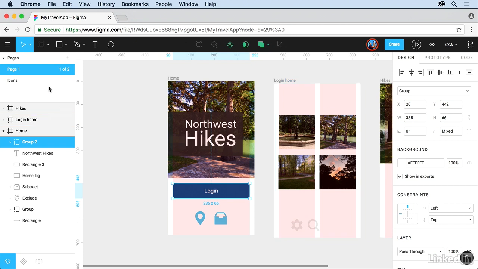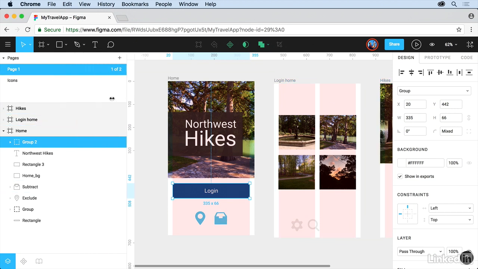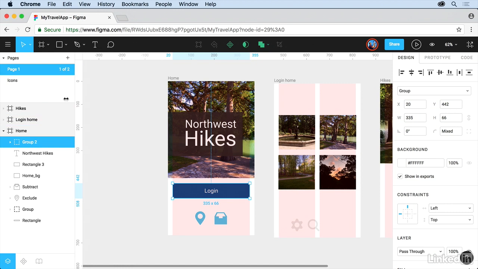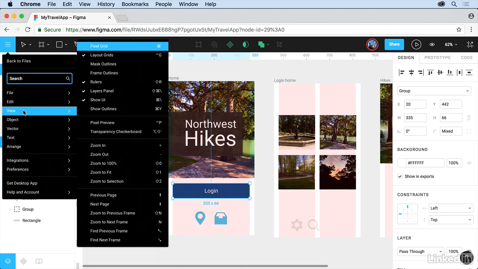Now, the Layers panel is actually docked on the left here, and if we want to, we can make it a little bit wider, but we can't make it very narrow. It's going to go as far as it is. If you want to hide it, you can come up here to the menu, and you're going to see we have View right there, and you'll see Layers panel. So we can actually turn off or hide a lot of this different types of content that we've got out here.